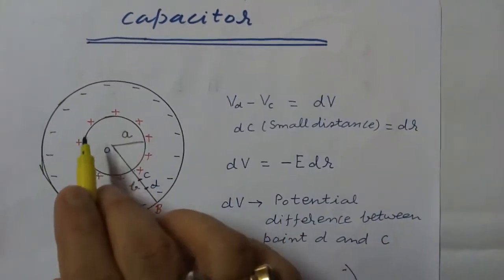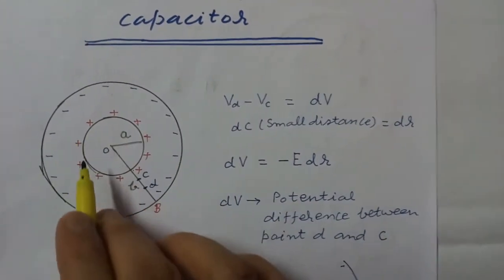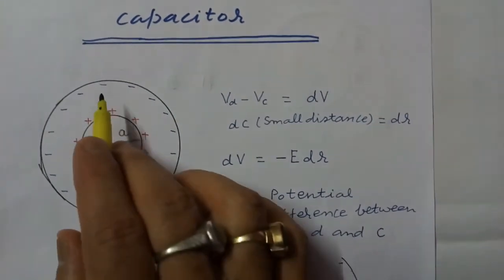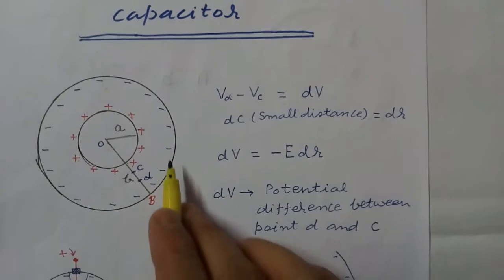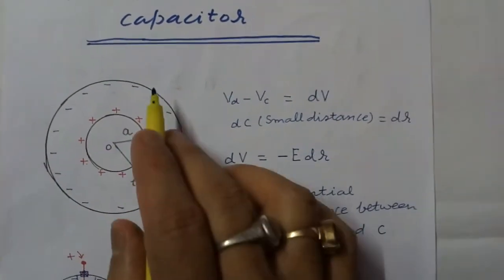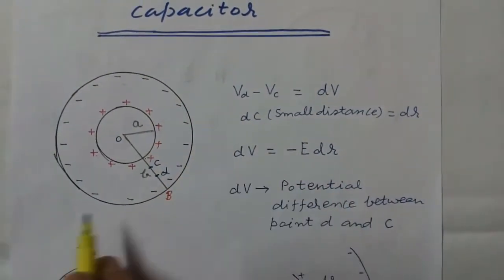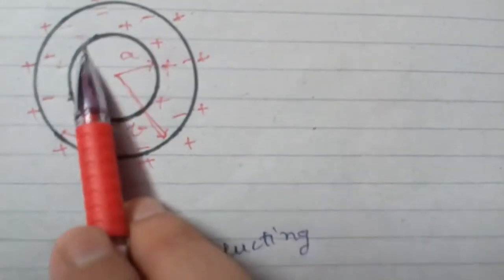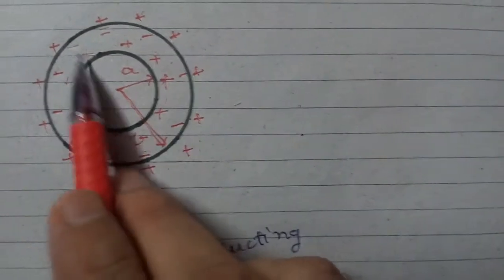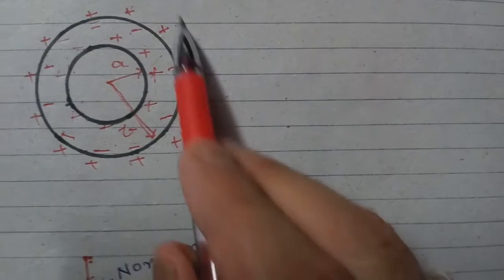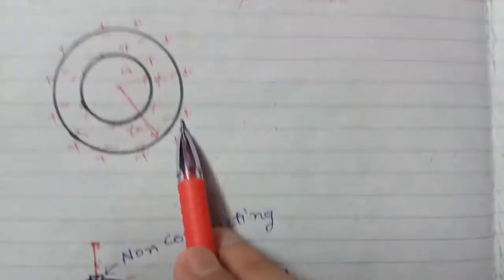This is the charge distribution. When we give plus q charge to the inner sphere, due to induction, minus charge is induced on the inner surface of the big hollow sphere. There should be plus charge, but where does this plus charge go? Let us see. Look here, when we give plus q charge to a smaller sphere, due to induction, minus charge is induced on the inner surface of the big sphere, so there should be positive charge on the outer surface. Now we connect this outer surface to earth.